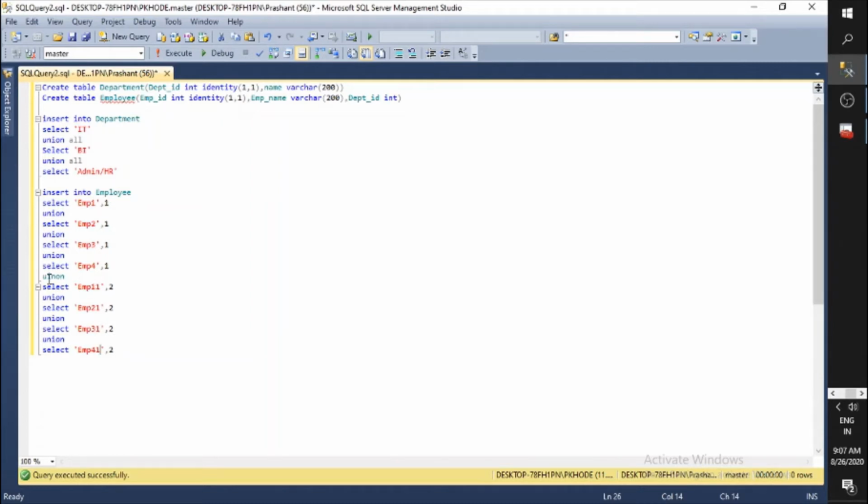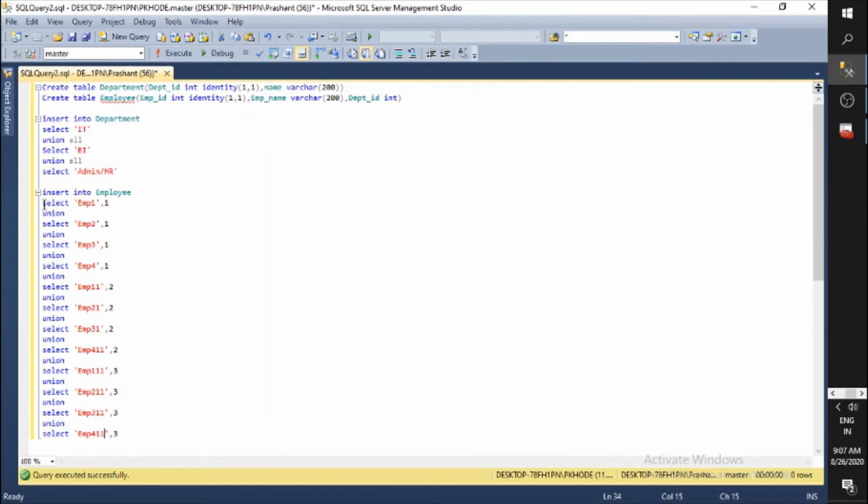Now add the third department data for the employees. I'm going to change 2 to 3 because I have 3 departments. Change the names of those employees too, appending 3 to each.